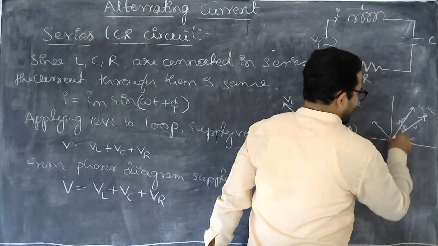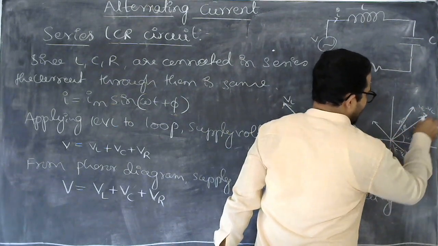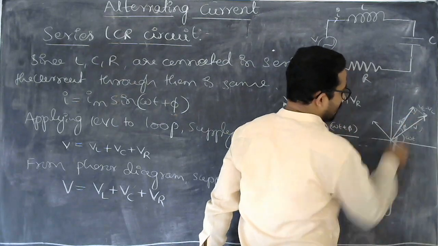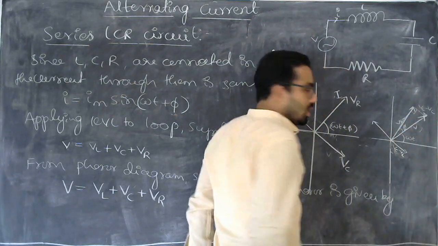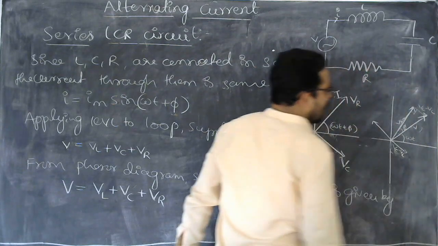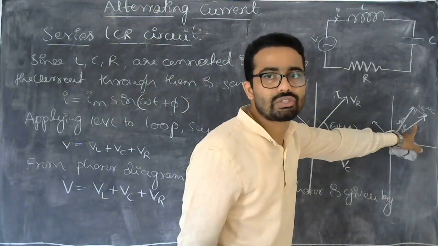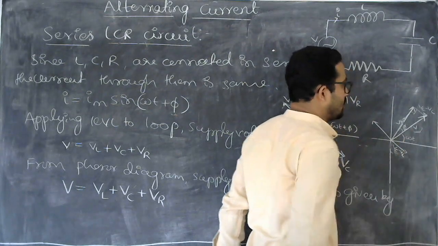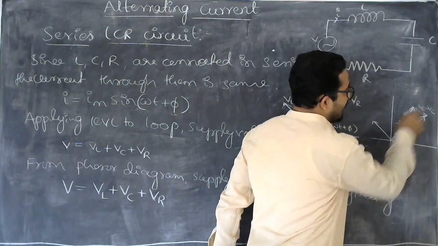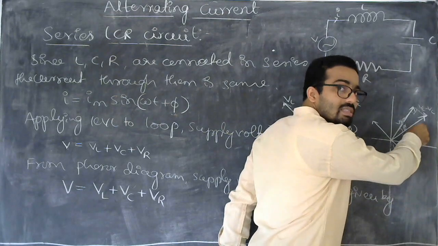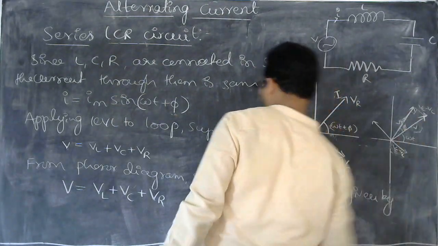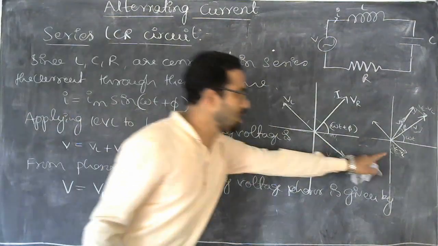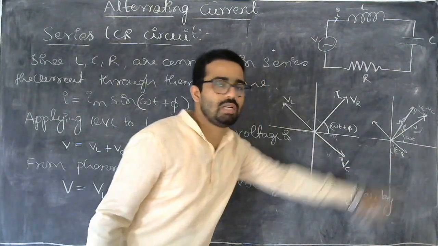So this looks like a right angle triangle. You can see the right angle is formed here. Phi is an angle here. If this is a right angle triangle, we can apply the Pythagoras theorem to this. What is our resultant? V is our resultant. So this is the adjacent side, this is the opposite side, and this is the hypotenuse side. V is our resultant. You should keep this in your mind.